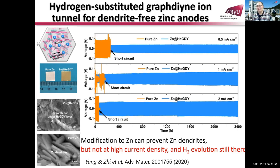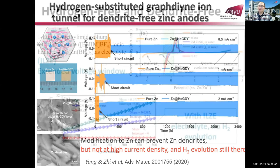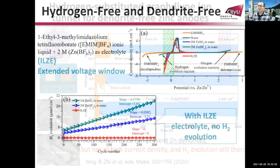We're trying to solve this problem. For example, we use a graphdiyne coating on the surface of zinc, which gives some ion channels. The ions can go through the channels to unify the zinc deposition. You can get very good cycling stability. So this is one approach, but the ultimate approach is to use a solid state device or change the aqueous electrolyte